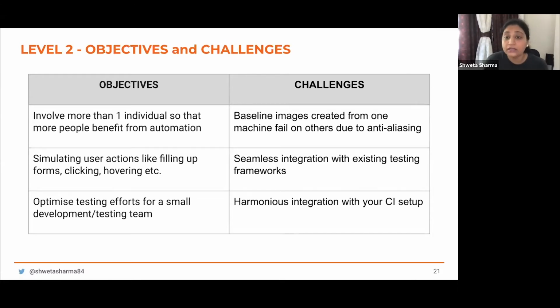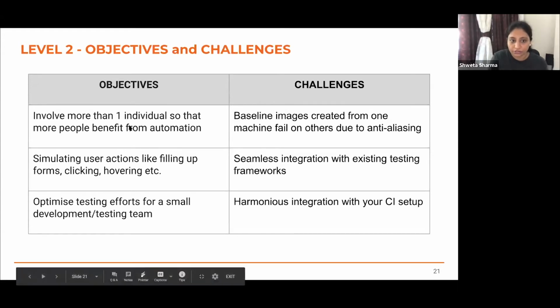But the corresponding challenge there would be that baseline images created on one machine might fail on another, depending on what sort of hardware configuration you have. That is technically termed anti-aliasing, and that is one of the challenges you would face when you try to achieve this objective.